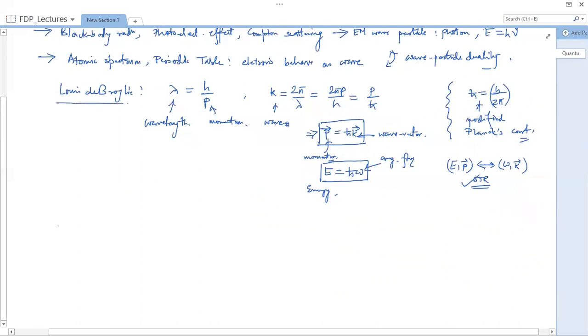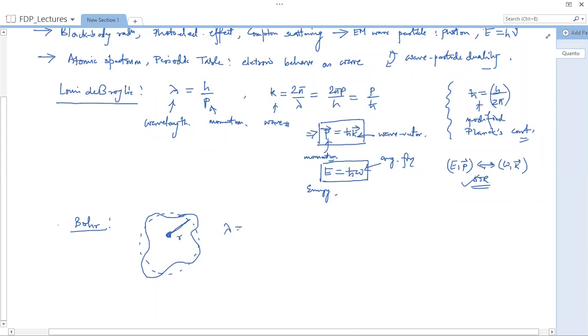But then Bohr applied this wave hypothesis in the atom. In the Bohr model, if I have an atom, I have a nucleus, and I have an electron orbiting the nucleus. Then the electron wavelength must be an integer multiple of the circumference. Drawing is not so good, but the idea is, if this is R,